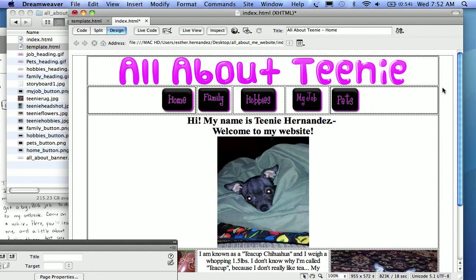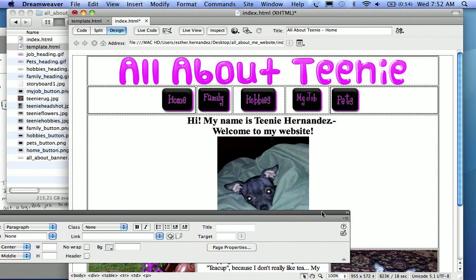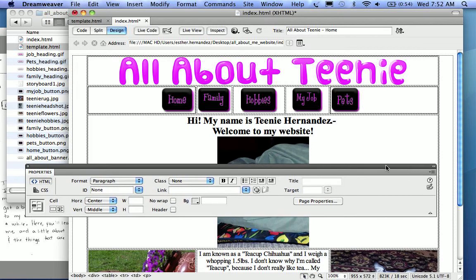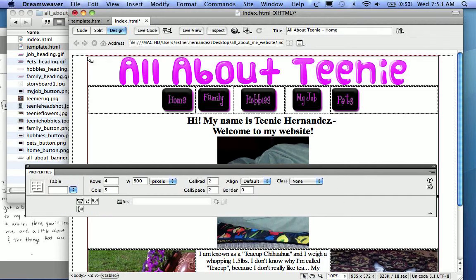All right, so it's not bad, but it's got a lot of white space. Let's change some stuff up. While we were away, I decided that I didn't want my borders to be visible. The way I did that was I clicked on the table, I went right here to border, just like we did with the buttons, and I made it 0. The thing is, when you make your borders invisible,